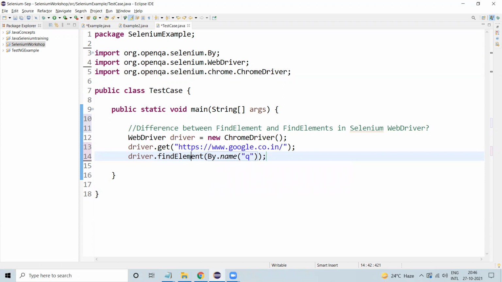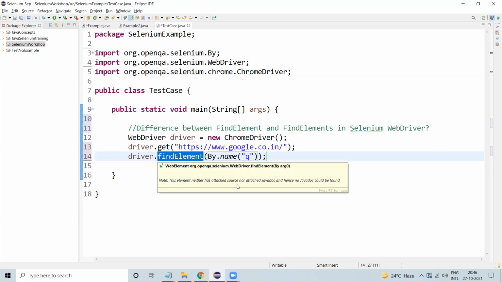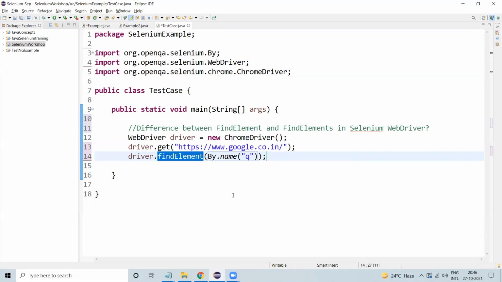findElement returns a single element, so the return type of this method will be WebElement.